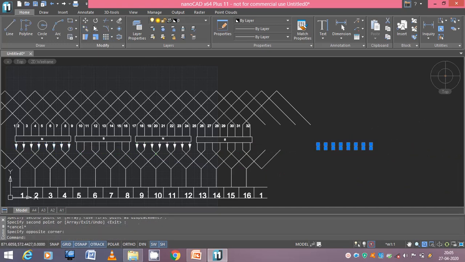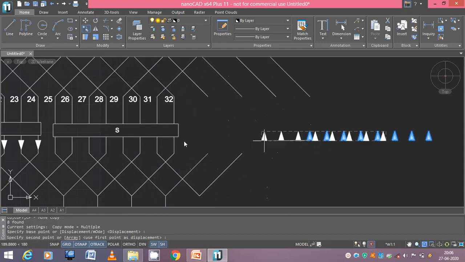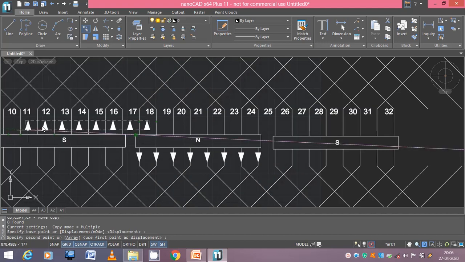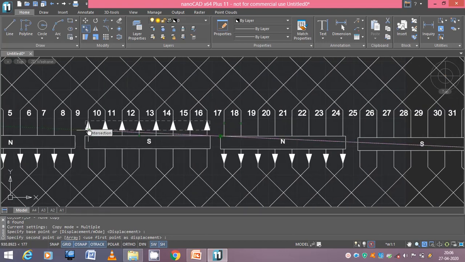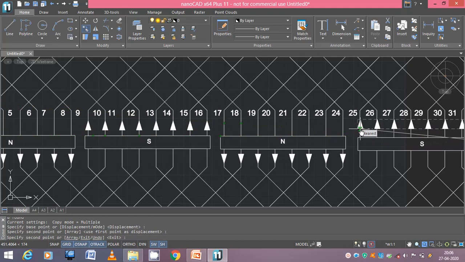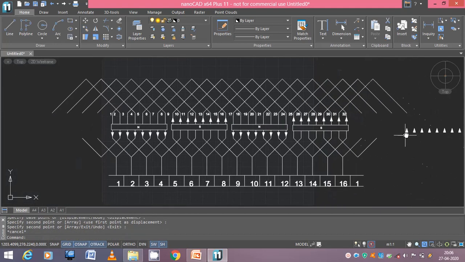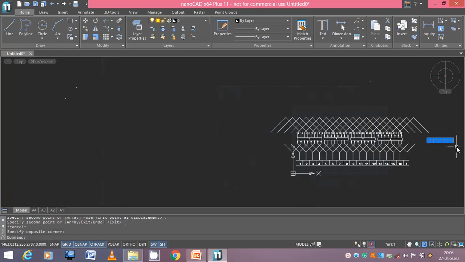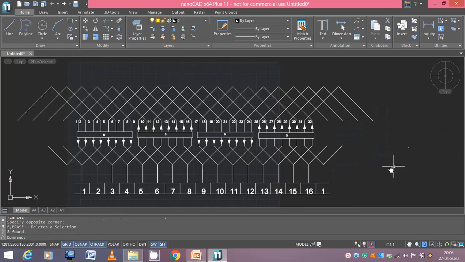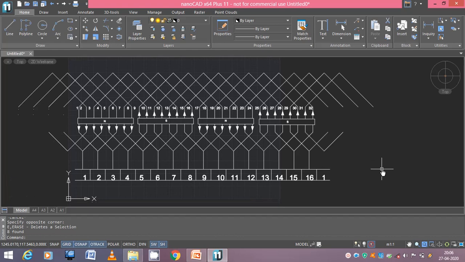You select and then rotate. Now I need to place the brushes.